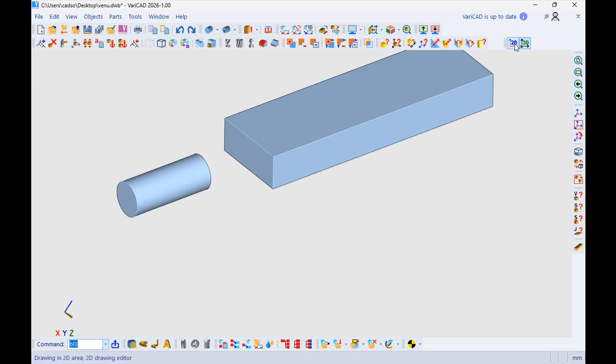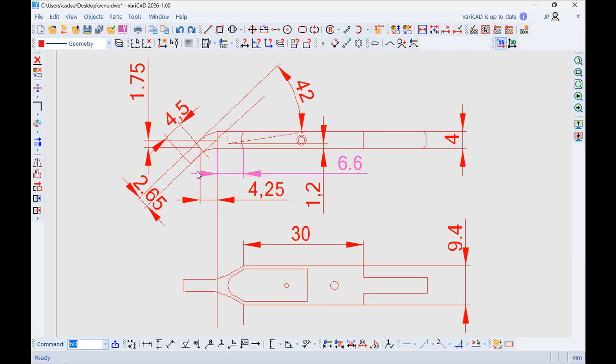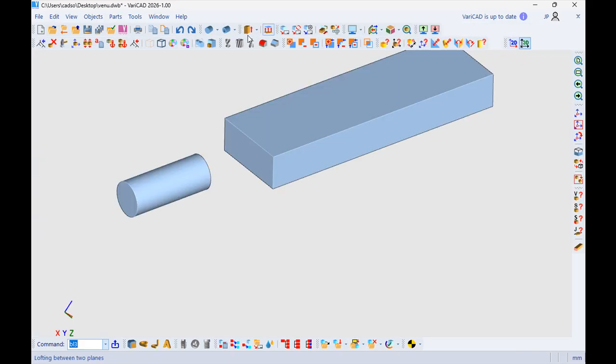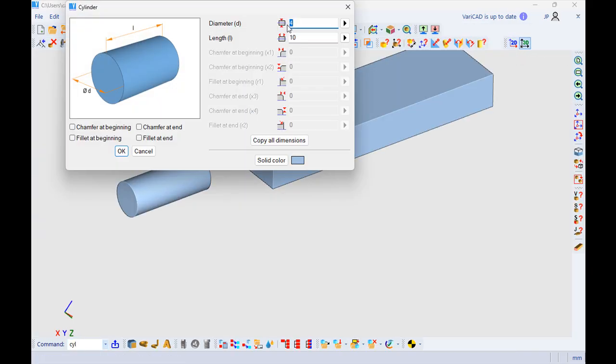And we'll create now this angular part. So 425, 175 with an angle of 42. So another cylinder, 2.65. The length is 4.5.